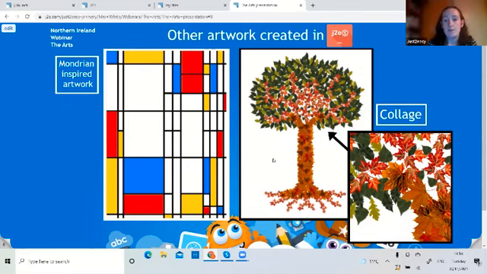And here I have created a collage. This is using some of the techniques we looked at earlier as well. So I took photographs, got photographs of 7 different leaves. I put them into Jit to remove the background on them, save those as images, loaded them into J2E5 and just copied them repeatedly to create what I think is a really effective looking collage. It took a long time, but I think it looks great at the end.